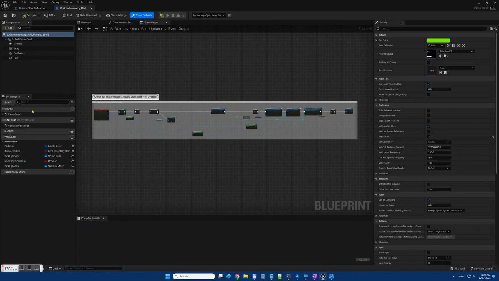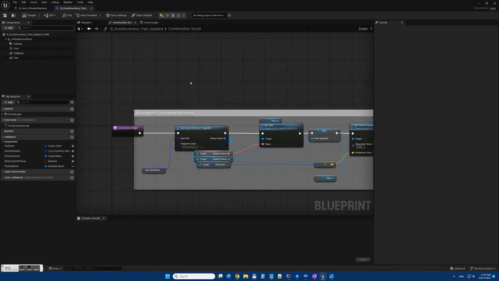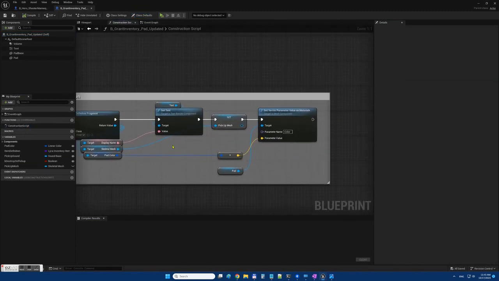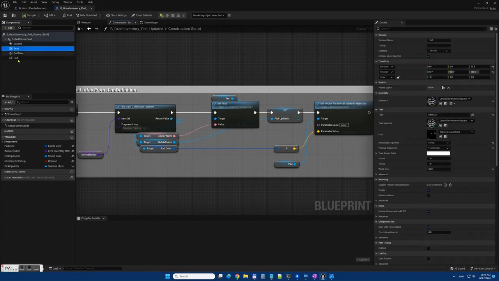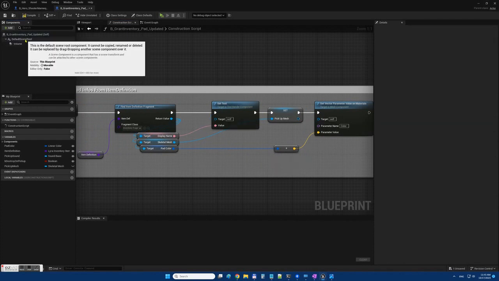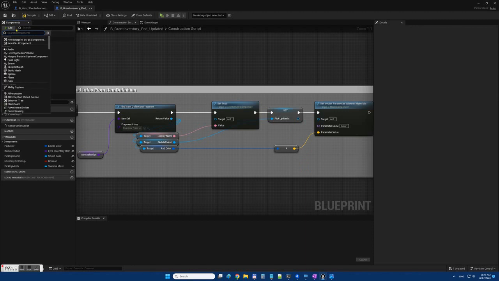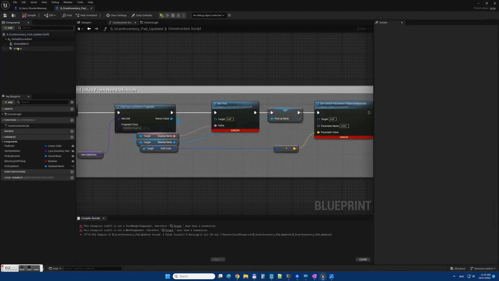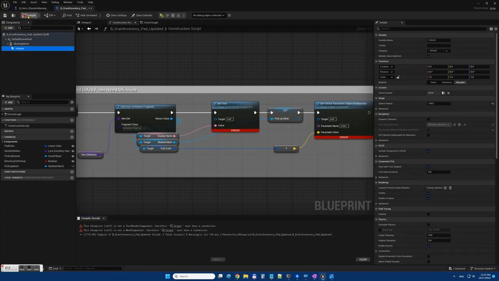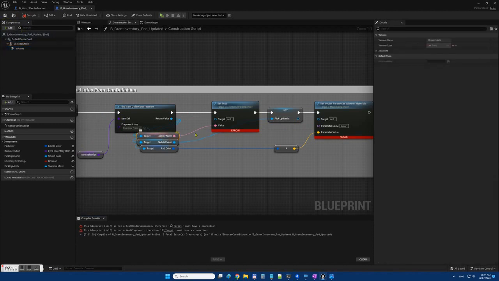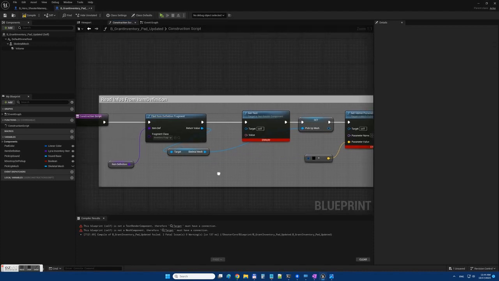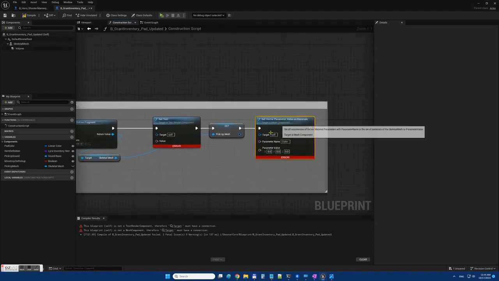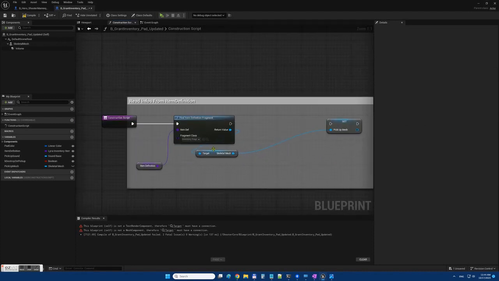Everything in this is fine except many things. So we need to delete text and other things. We only accept volume. We add skeletal mesh, and we put volume under the skeletal mesh. It's because of physics. Now we delete things which are not needed anymore or don't exist anymore, and